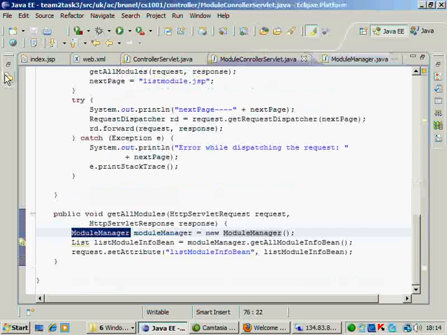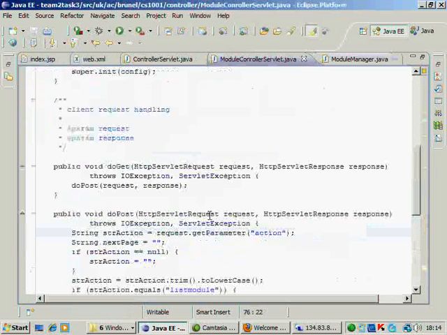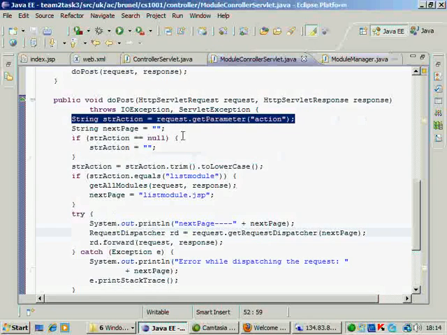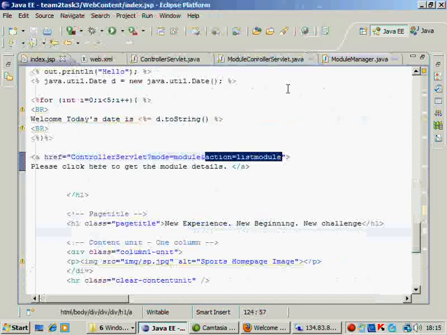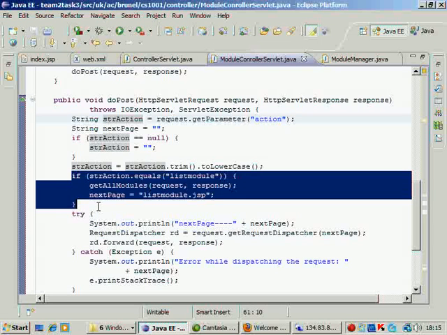Okay, now what we will do is, we go back here and what we have said is action equals list module. So now if you see the module controller action, we are saying now this is important. In the module controller servlet you are saying request.get parameter action, and what's the value of the action that we are passing? List module. So that's where you are saying str action and we are saying if str action list module, then next page should be list module.jsp. Now it may happen that you may want to create a page, let's say not only list all the modules, maybe you want to say, add details to a module, then you will probably